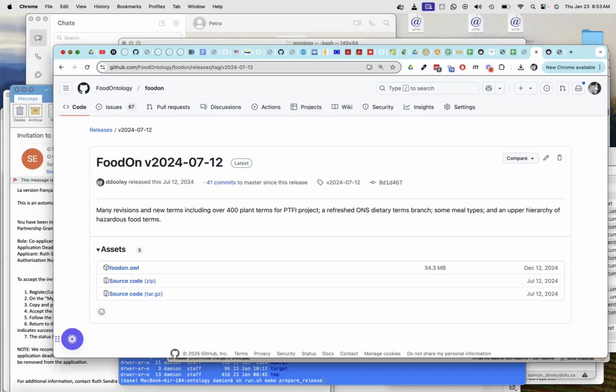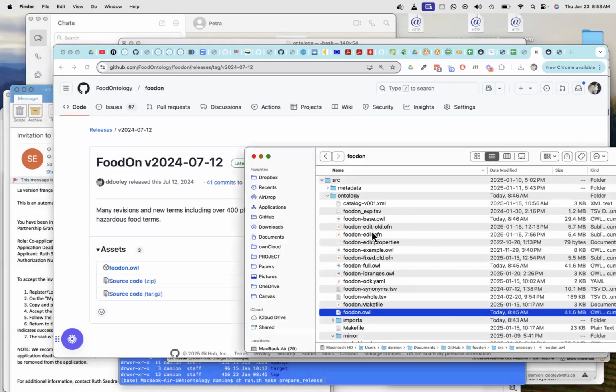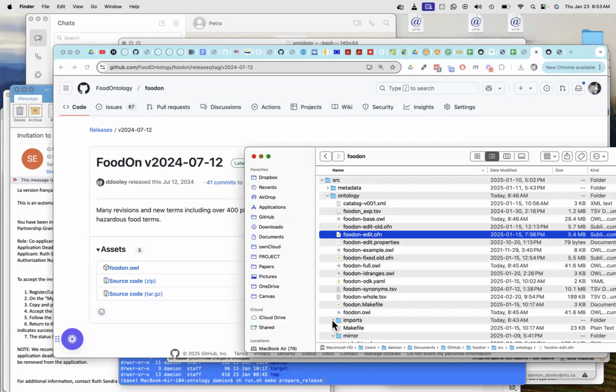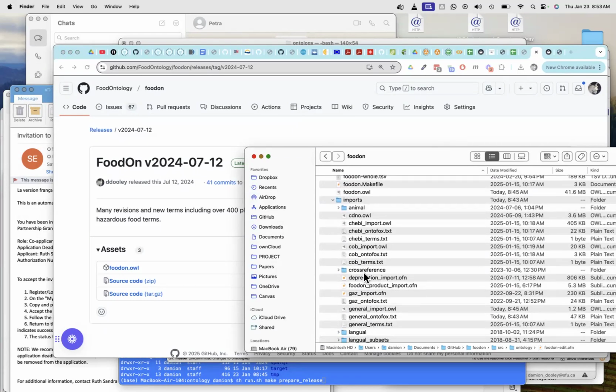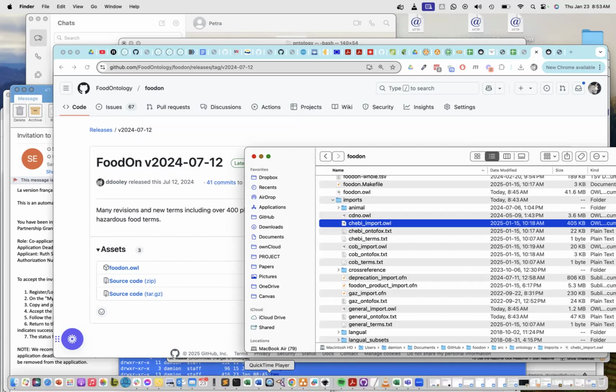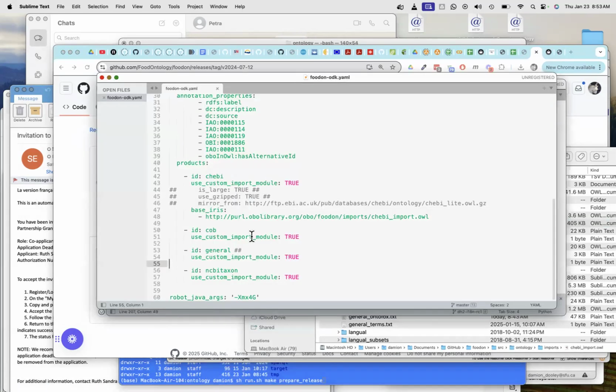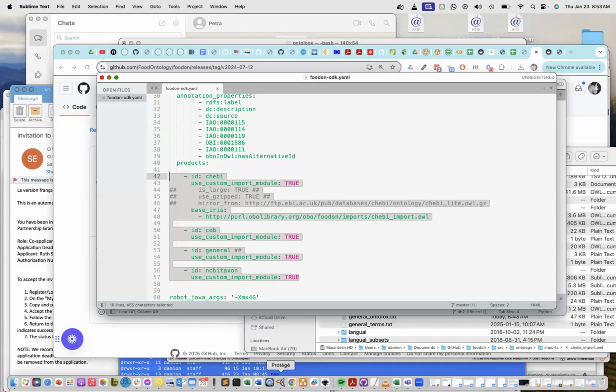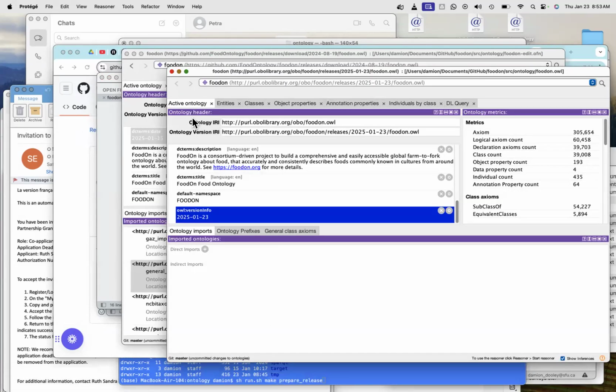Okay, that's a bit of a crash course in the build process, assuming you have Docker installed and what the important files are, namely FoodOn edit, and then inside imports, whichever import files in the OWL format are referenced within the configuration file, and the fact that these four are handled via Ontofox, and that if you see any other import files in FoodOn, those are actually handled manually by,